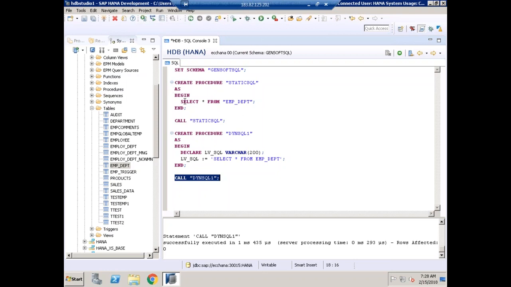When you directly execute your select query here, earlier we got the data, but here the change I have done is I've assigned my select statement to a local variable, lv_SQL. But when I execute the procedure, I didn't get the data. Now the change I'll do is,